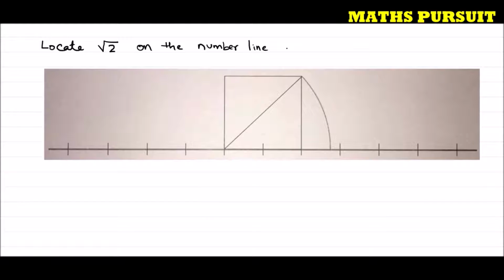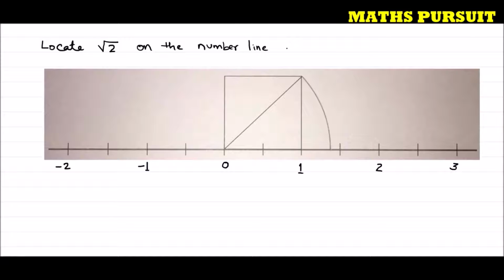Now first of all, I have identified this one as O or 0. This one is the 0. This one is 1. This one is 2. This one is 3. Similarly, towards the left side here, this point is going to be -1 and this point is going to be -2. That means in between, these points are 0.5. These are 1.5, 2.5, and so on. But our main intention or main purpose here is to find out root 2 on the number line.